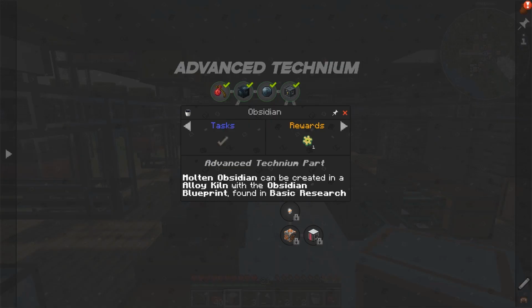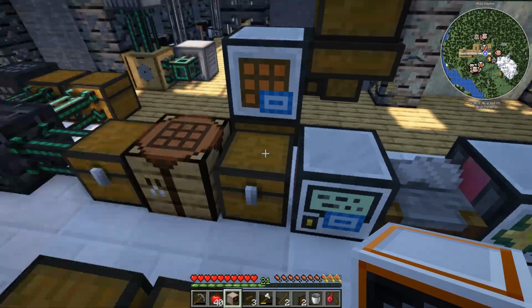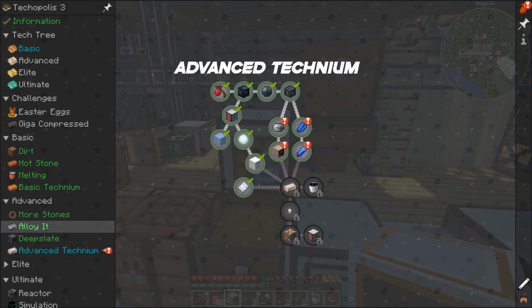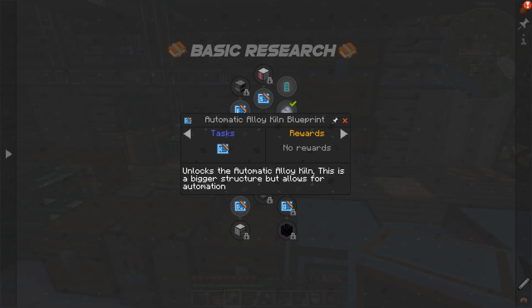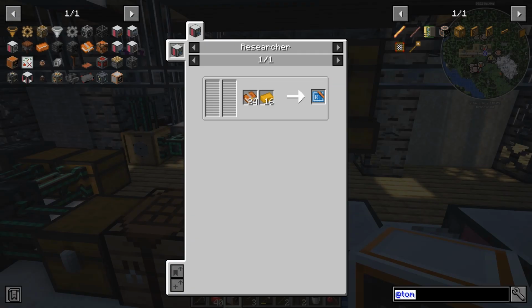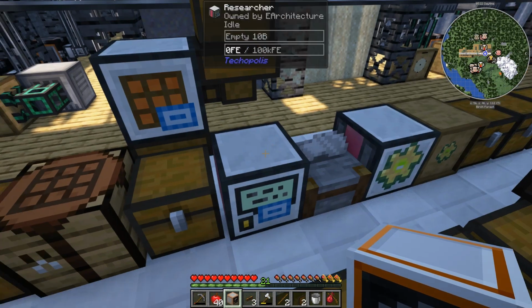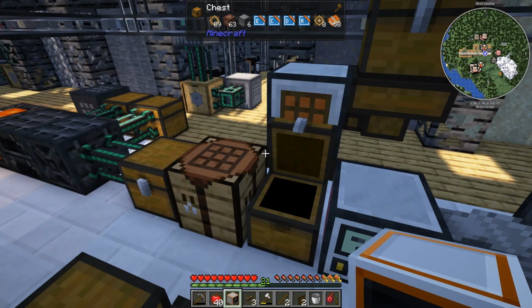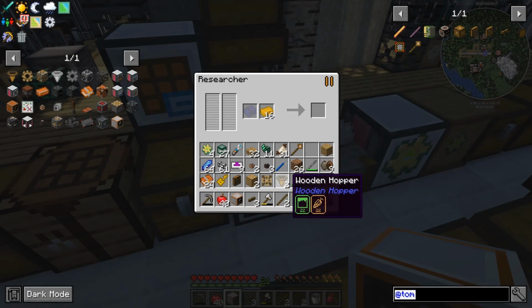To make the obsidian, we need to create an alloy kiln, and that means we need to make the advanced alloy kiln, the actual automatable one. So let's double back all the way over here to our basic research and check out our alloy kiln. For this, we need 24 basic research, 16 bronze ingots. So we have 16 bronze ingots, and I think we have more than enough of our research books. Let's grab out 24 of those, throw these into our researcher, and then hopefully very quickly we will have that